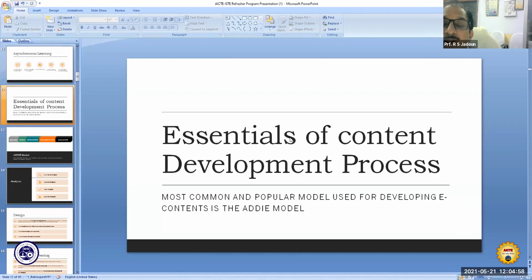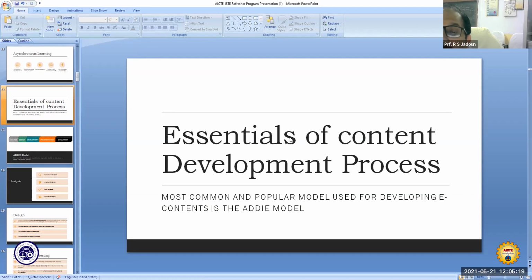Let us try to understand the essentials of the content development process, because all that we are trying to do is to make the learner at ease to understand the content.